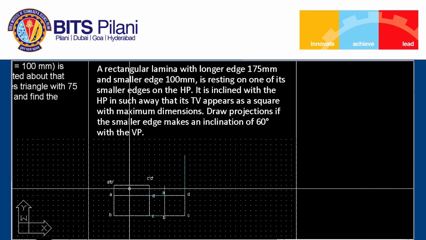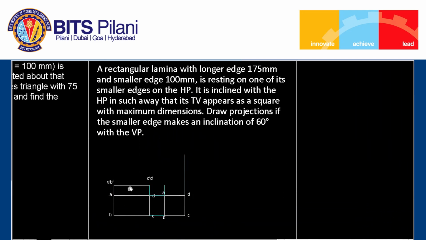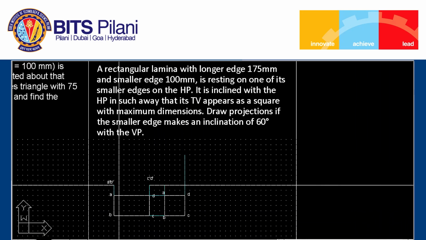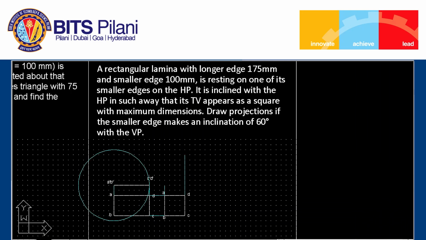So, what we have to do? We have to adjust the length A prime C prime in between A prime and the projector passing through C prime. So, we can draw the circle and then we can